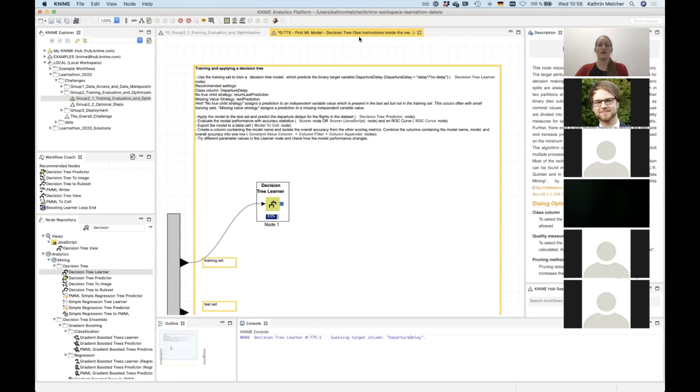If you have any questions regarding what I'm showing now, or if I'm too fast and you want to see a configuration window again, feel free to let me know in the chat. I will check the chat regularly, and I'm happy to show you